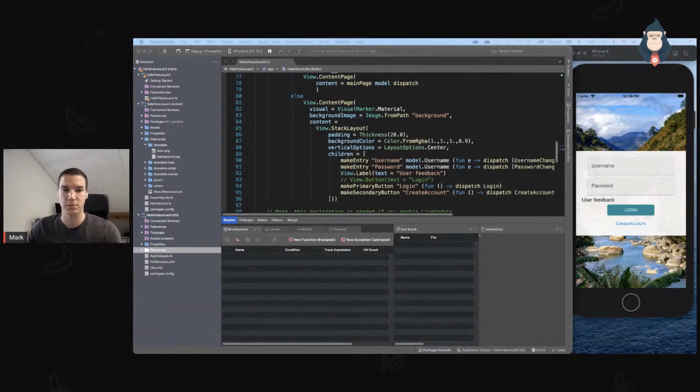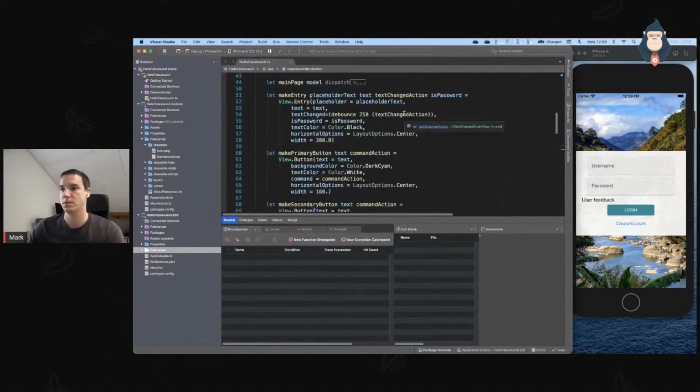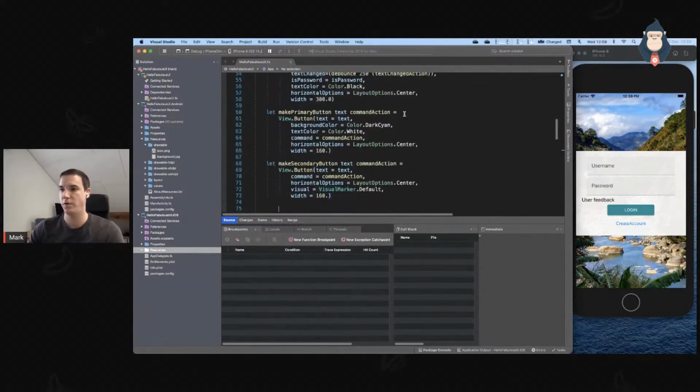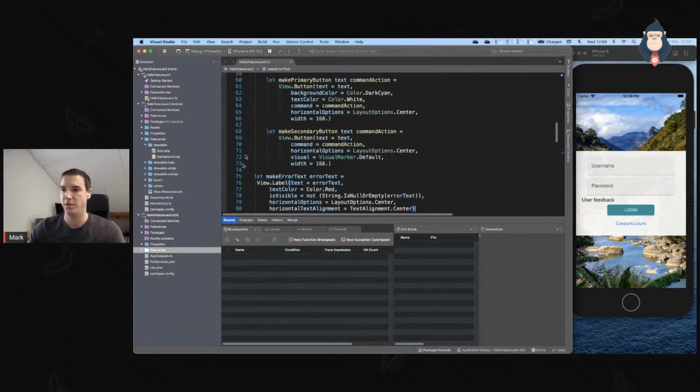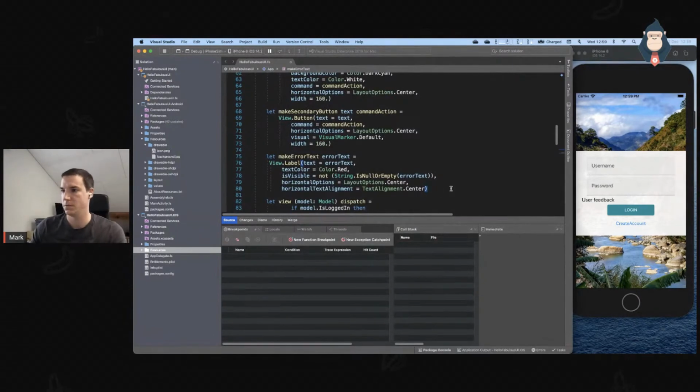So I will then define again a way how we can make an error text. And even though I'm showing you this all in one file, F# is perfectly fine in using multiple files. But it is easier to demonstrate this using only one file.